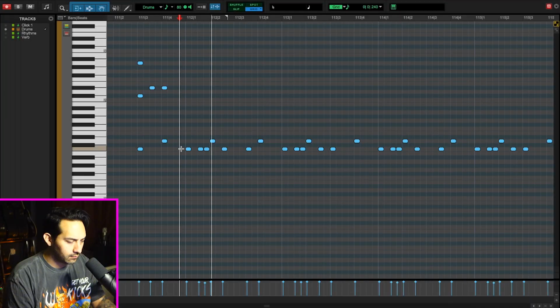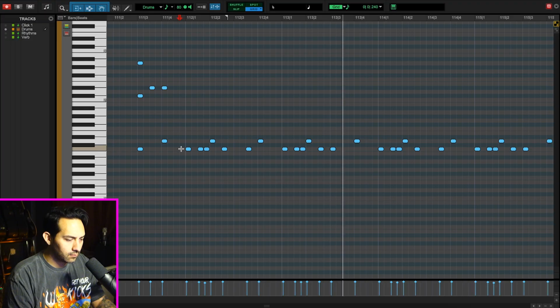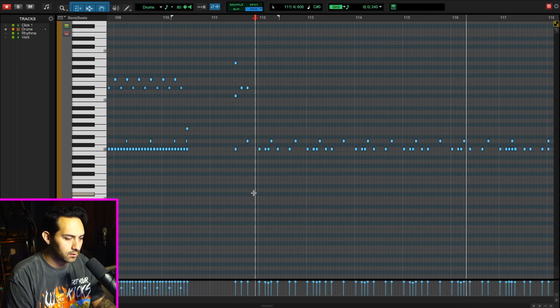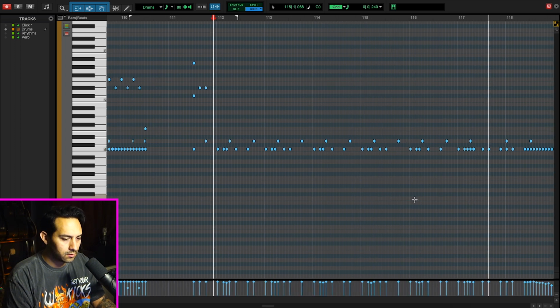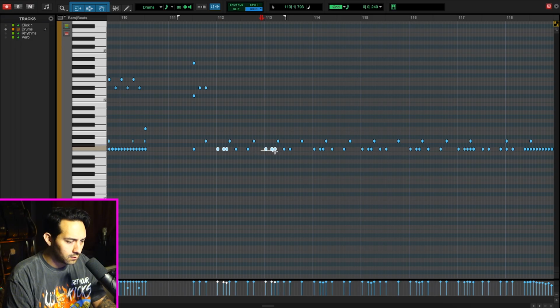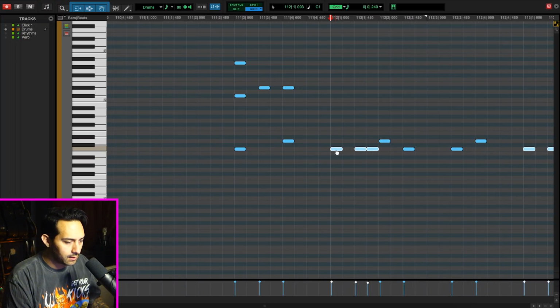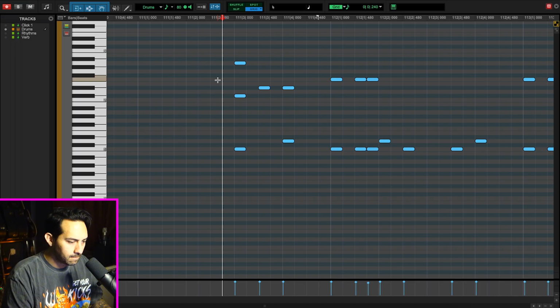So essentially, I can just copy and paste those specific kick parts and just put them up into the ride bell and they'll be in line. So let's see where I need them. Okay, so I'm gonna pretty much just take these here, all these, and then we'll put them up on our ride bell. Let's see what this sounds like.